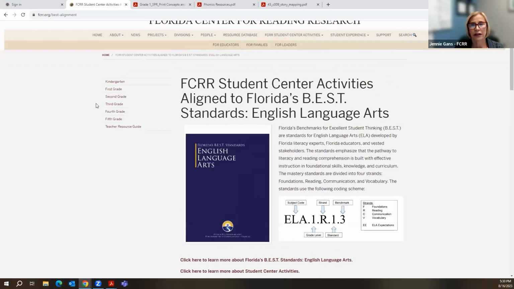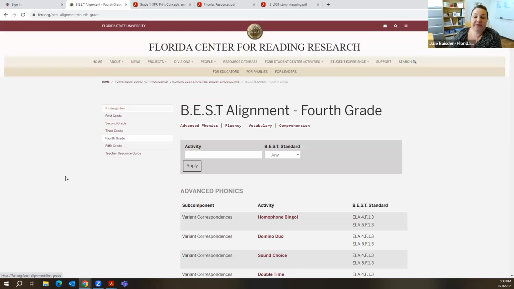And let's pick any grade. And I just want to add real quick, Yeah, Jenny, go. With the centers, as you can see, they're K-5, but our 4th and 5th grade centers, especially in the vocabulary and comprehension sections, are really great to use across content areas. So if you're teaching science or social studies, a lot of them are blank templates that can be used with a variety of different texts.